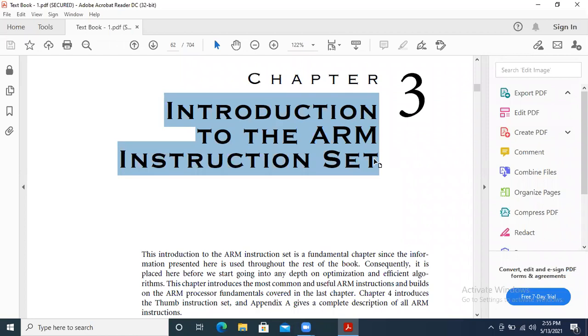So if you want to work with this system, you should know how it works. And if you want to know how it works, you should also know that its basic fundamental is instructions only, because without instructions the programs cannot be executed here. So before executing any programs, we should know how to write the program, and for that we should know how to write the instructions. So today we will discuss how to write the instructions here.